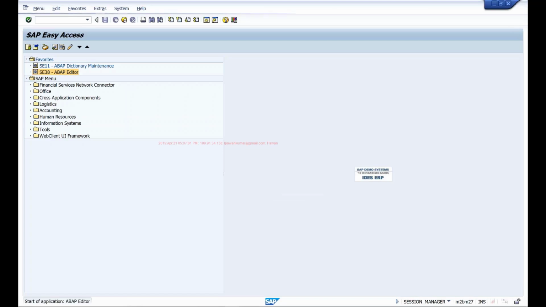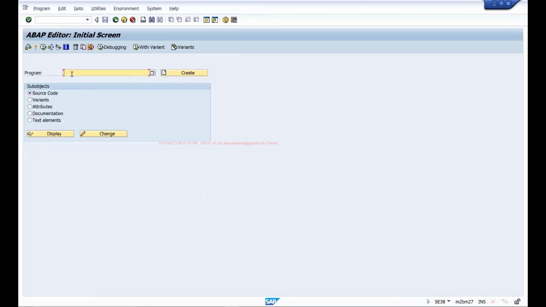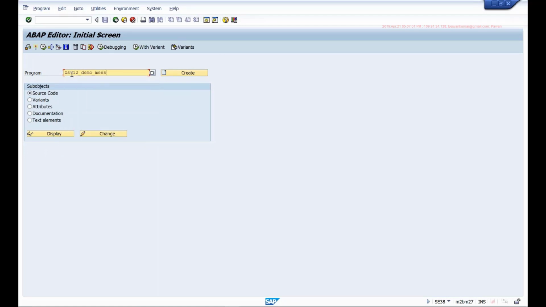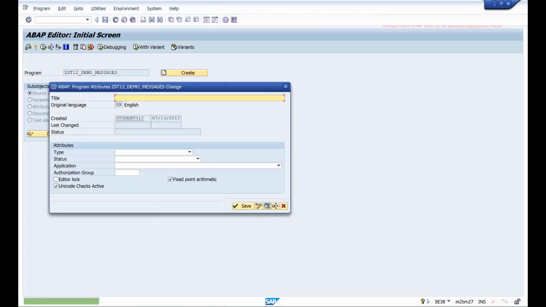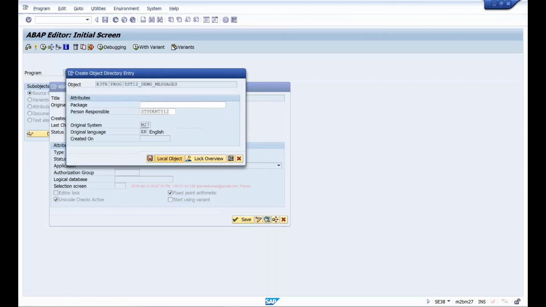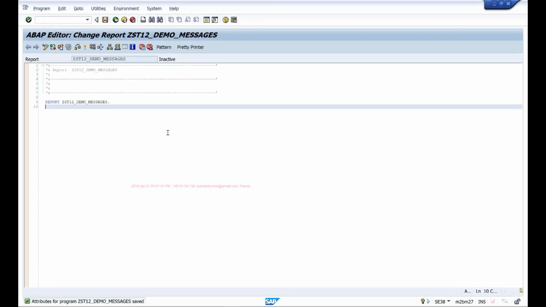So I'll create a new program. There are different types of messages you can show to the user, and the syntax is very simple.